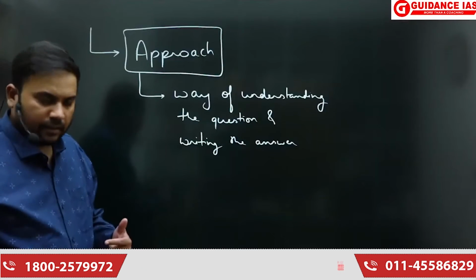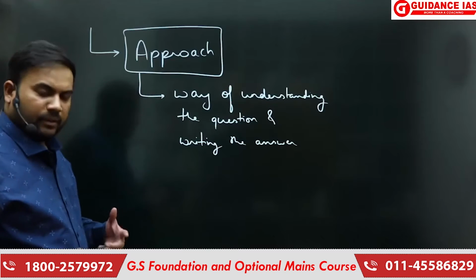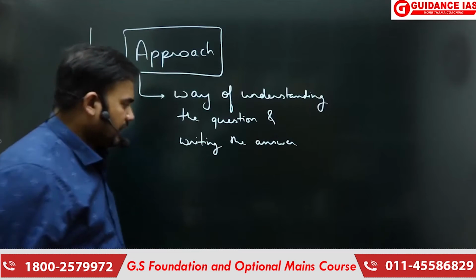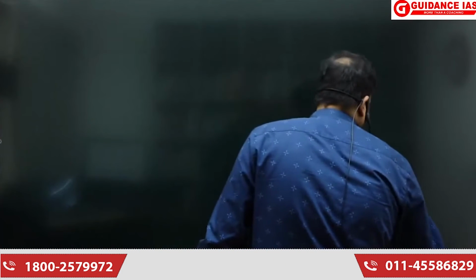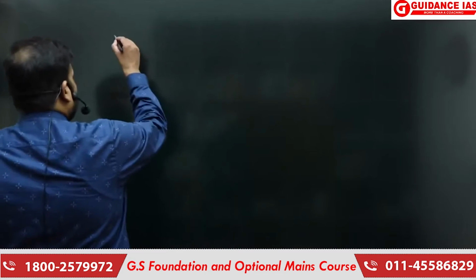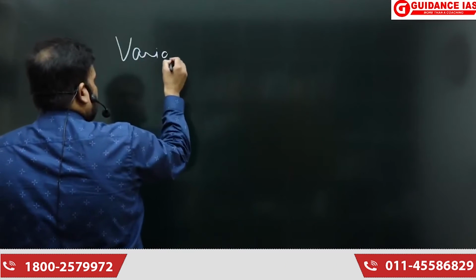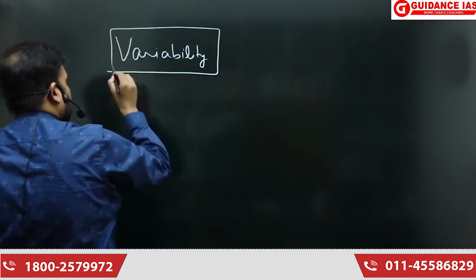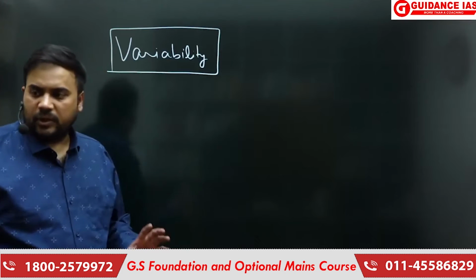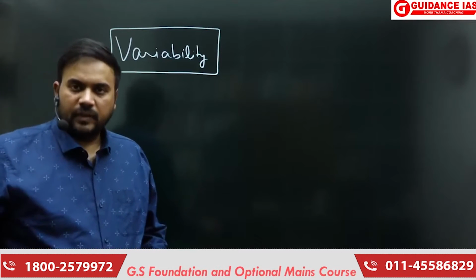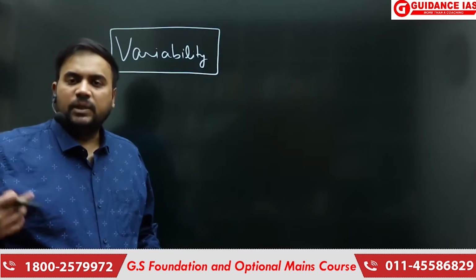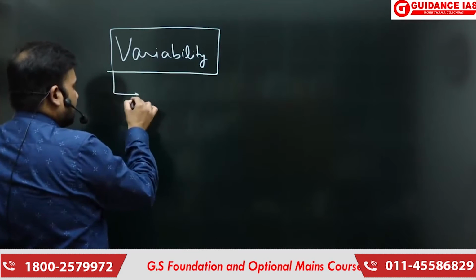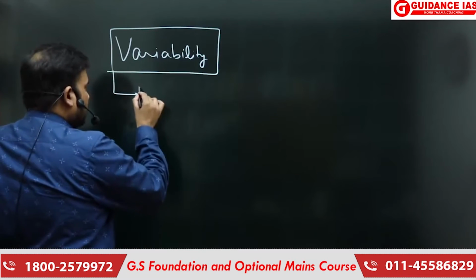That is one way of writing. But if I look at the question, the question is saying the variability associated with the Indian monsoon. So tell me, if I say that the variability I am talking about is the pattern of variability, because the question is not asking causes of variability, it is asking to discuss the variability of the Indian monsoon. So when I have to talk about variability, tell me, can I say I can divide it into two parts?